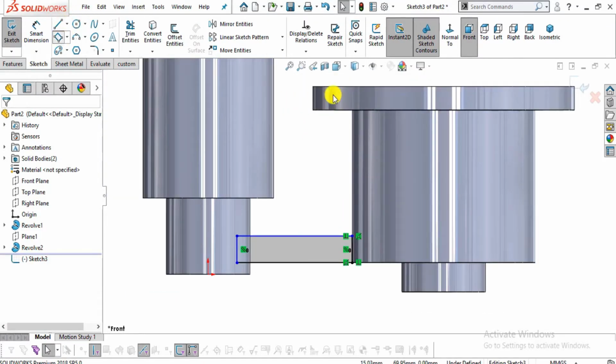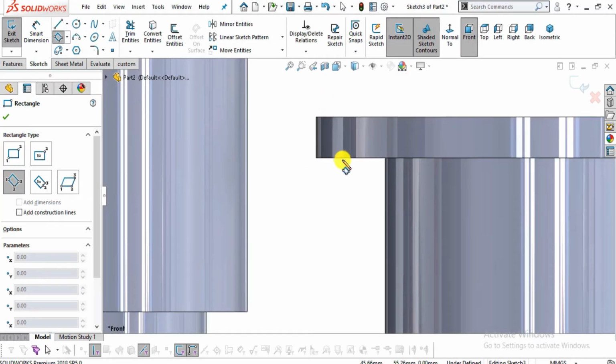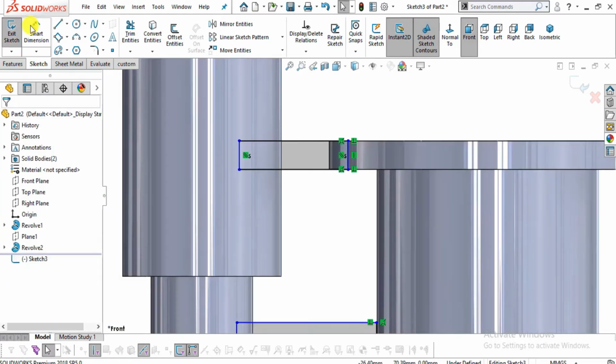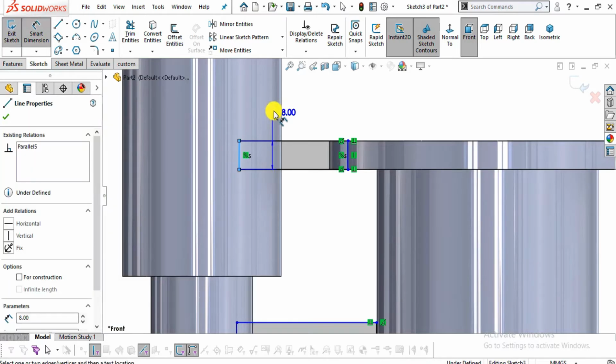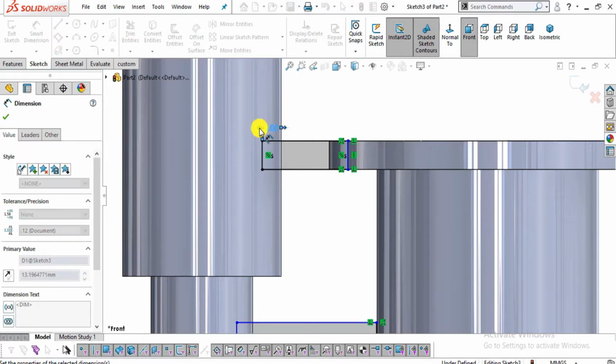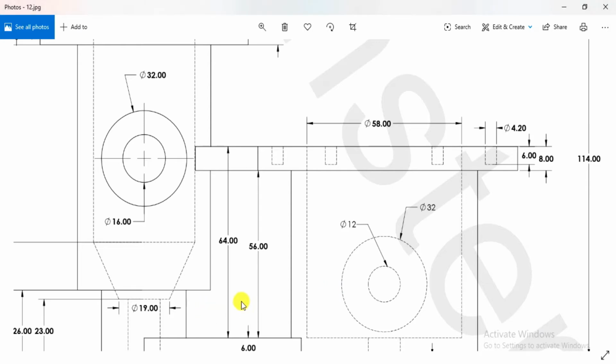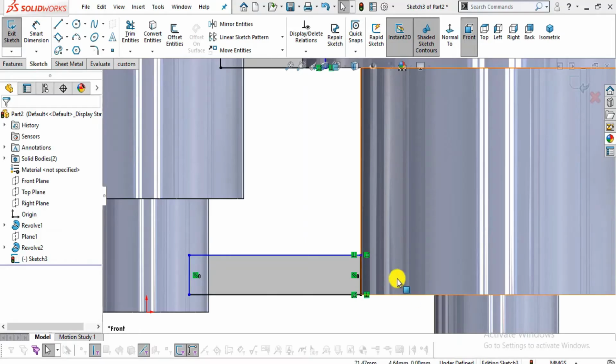Again select a 3-point corner rectangle, select this first point, this second point and third point. Now go to smart dimension, select this side and this side. This will be 6 mm. Now this height is 6 mm.